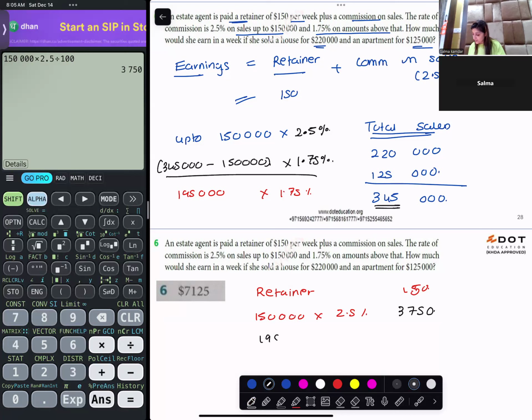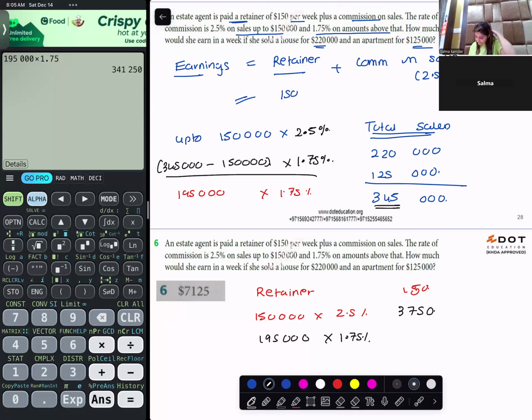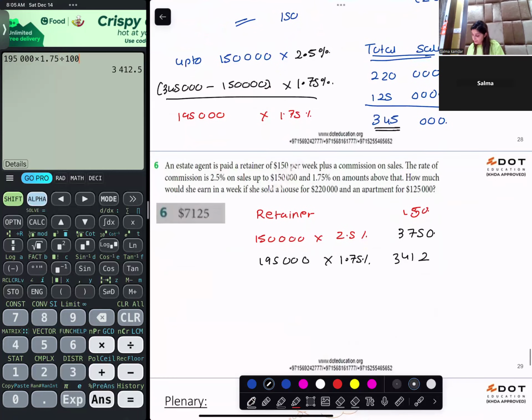And on the balance 195,000, she's going to receive 1.75% commission. That is 3,412. So the total amount that she's going to receive is